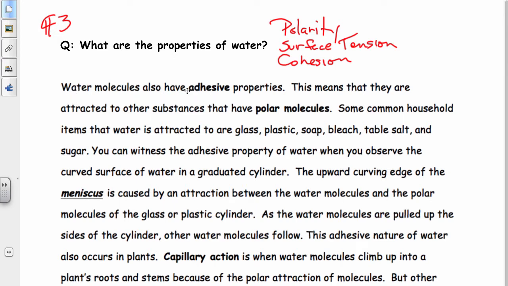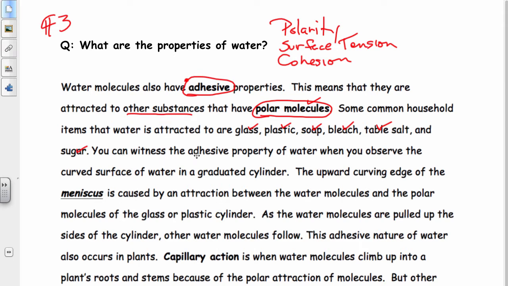Water molecules also have adhesive properties. Adhesive properties. This means that they are attracted to other substances that have polar molecules. And we know what polar molecules are. Polar molecules are molecules that have positive and negative charges on them. So we know what polar molecules are. Some common household items that water is attracted to are glass, plastic, soap, bleach, table salt, sugar, and many other